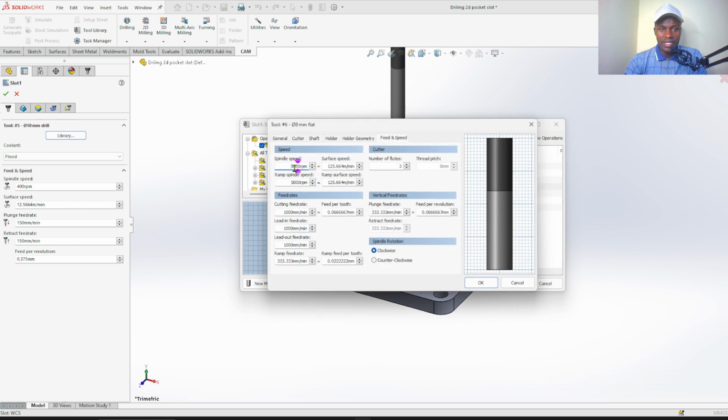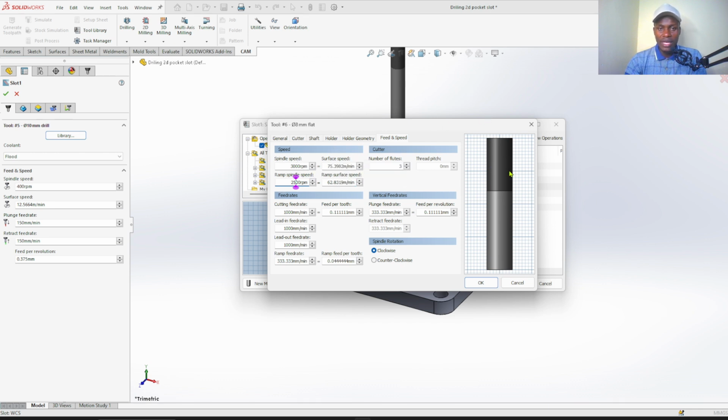Speed, you can set it at around 3000. Because it's milling, we don't have to lower our speed. And ramp spindle speed, can reduce it to 2500. Spindle will be running at 3000 rpm.